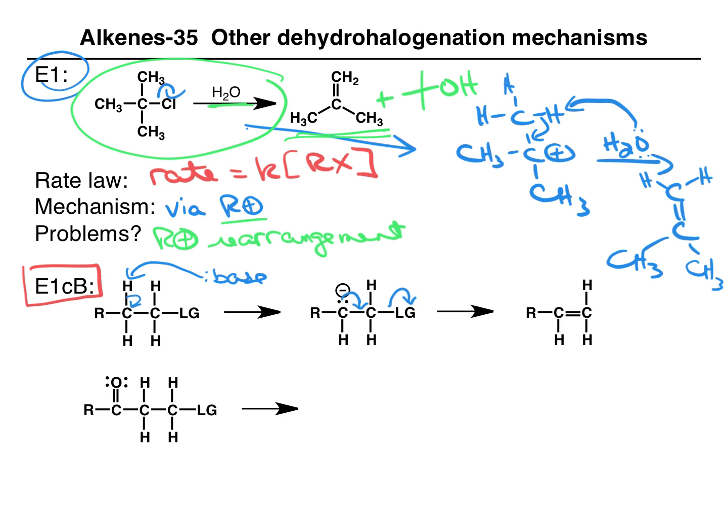Now, this does not happen with a regular alkyl halide. It requires something very specific about this molecule to make this proton somewhat acidic. So for example, if we have a carbonyl, hydrogens on a carbon connected to a carbonyl are much more acidic than regular hydrogens on sp3 hybridized carbons. So here it is possible for a base, I'm not getting into specifics, a base can grab off this proton